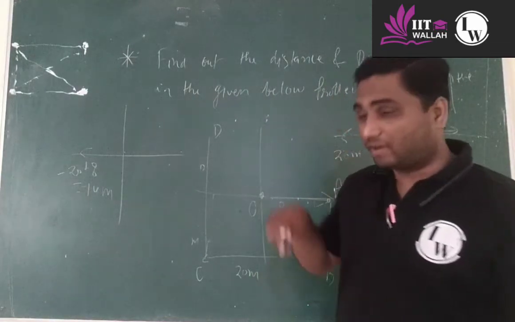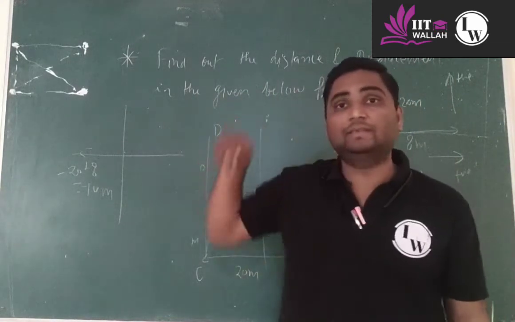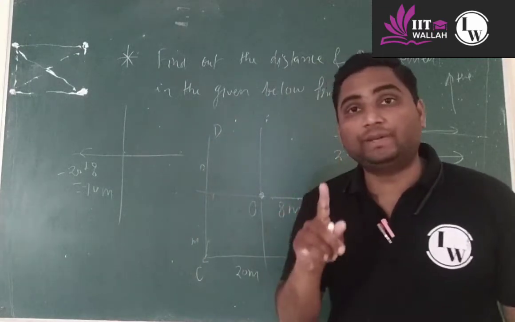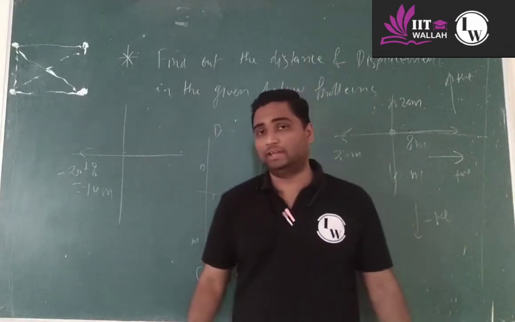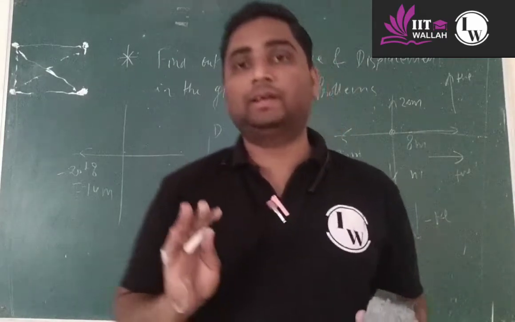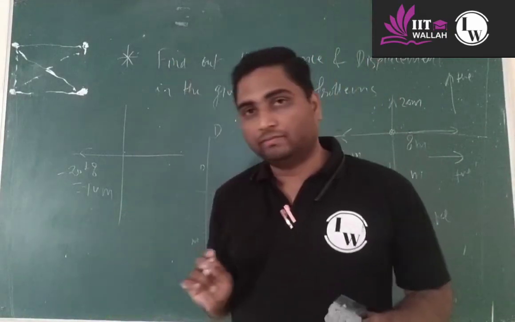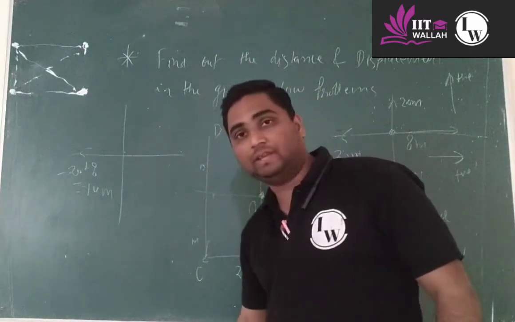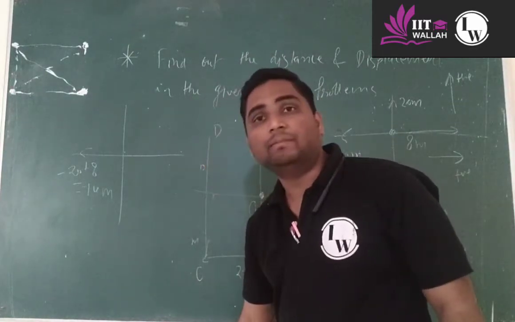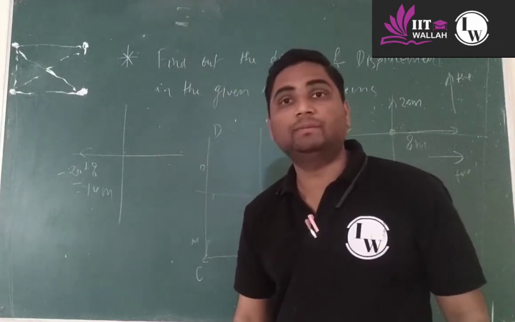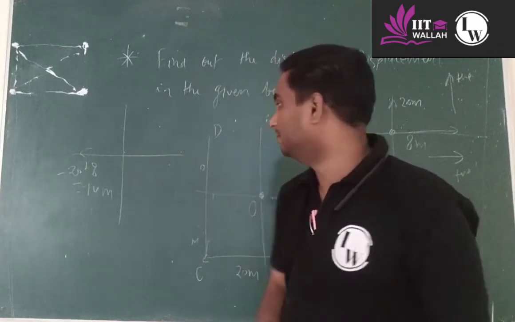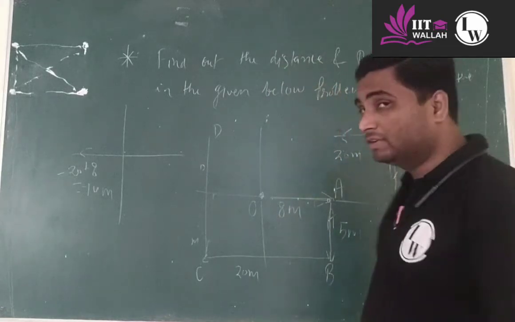So the net effect from the starting point to the final position will be 15 meter. 20 minus 5. Because see here, I am going 20 meter up and then coming back 5 meter. So from the initial point to the final point, my displacement is about 15 meter. Okay, 20 minus 5, 15 meter. So in which direction?